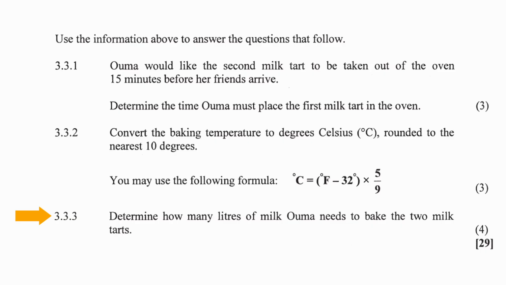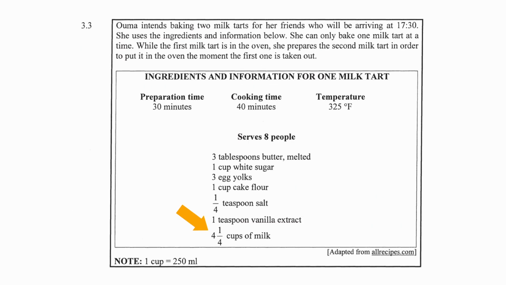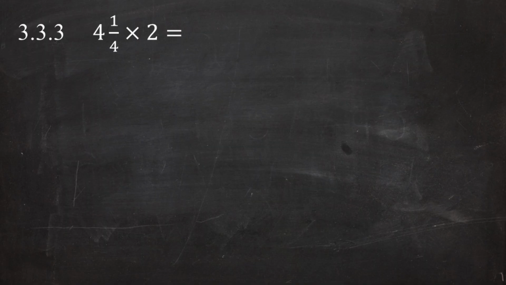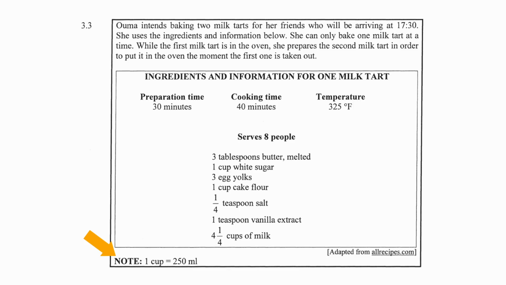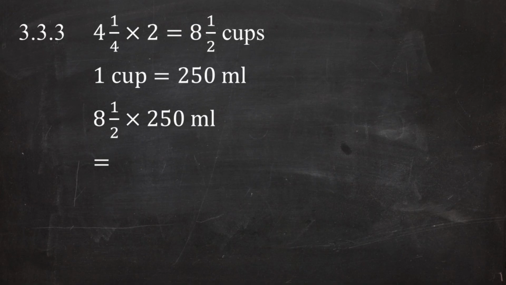In question 3.3.3, you are instructed to determine how many liters of milk Oma needs to bake the 2 milk tarts. From the list of ingredients, we see that she needs 4 1/4 cups of milk. Since she needs 2 milk tarts, we have to multiply this amount by 2. This will give us a total amount of cups of milk needed of 8 1/2. Using the conversion factor of 1 cup equals 250 milliliters, the number of milliliters of milk needed will be 8 1/2 cups multiplied by 250 milliliters, and this equals